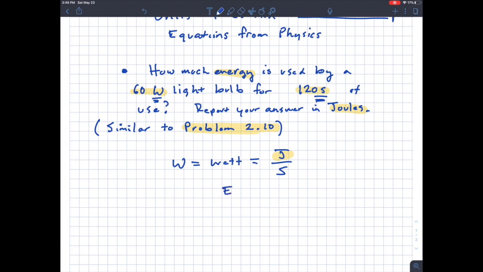We'll put an E, and then we know time is measured in seconds, so substituting for time, we're going to put T. All right, and then this is a 60-watt light bulb, and if you looked in these tables, watts are used to measure power. Okay, so that's the equation that